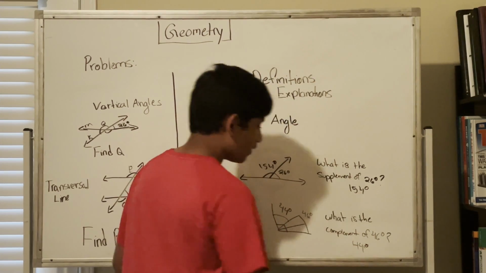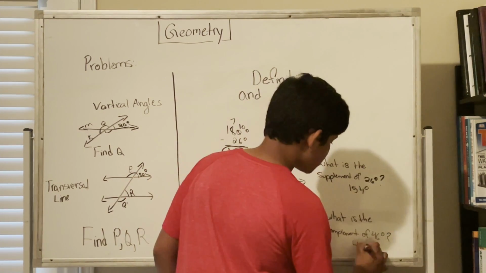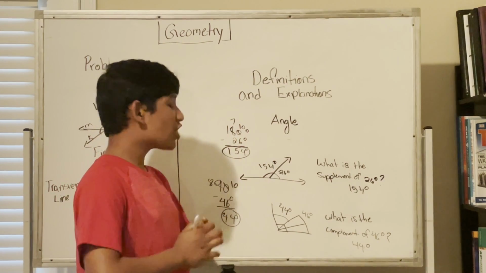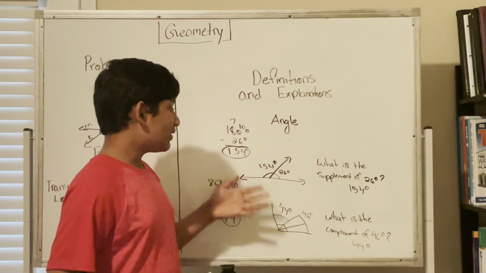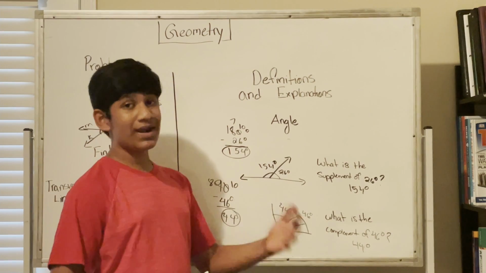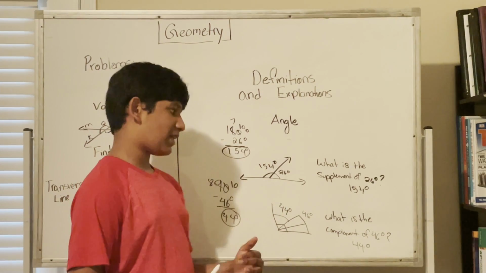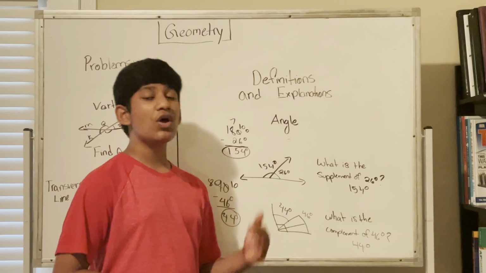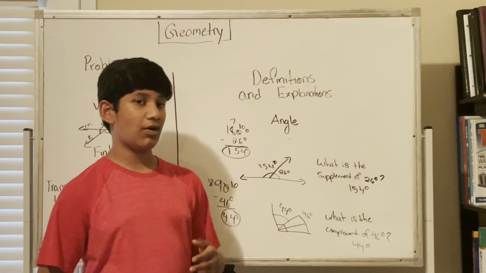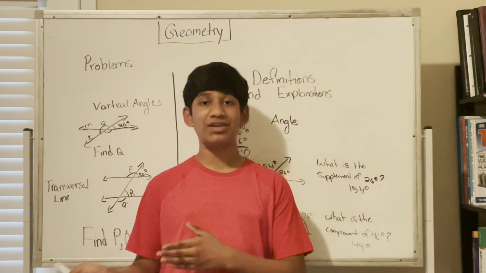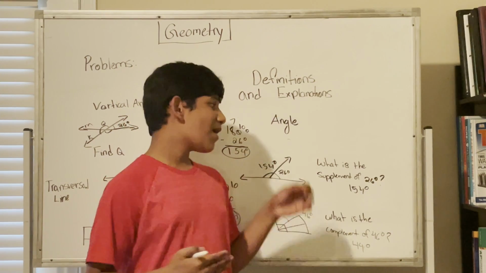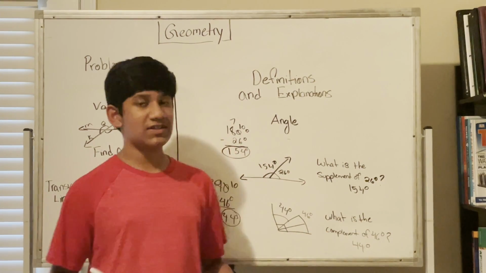Okay, now that we've done two of these problems over here on complementary and supplementary angles, let's now talk about vertical angles. And let's just review before that. The supplement of an angle is just 180 minus that angle, and we get the supplement of that angle. The complement of an angle is 90 minus that angle, which is going to be the complement of the angle. Notice the complement is 90 degrees, whereas the supplement is 180 degrees. It is important to realize this because the supplement and complement are very different entities.